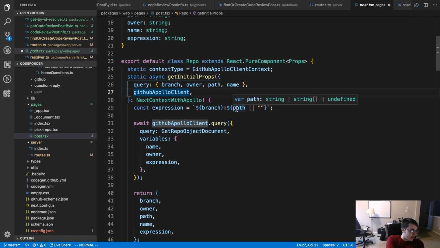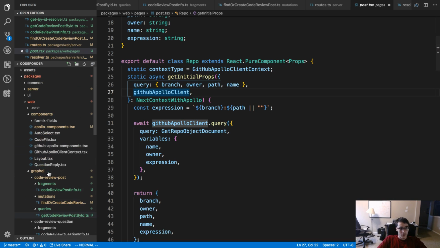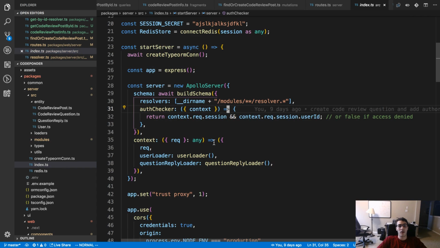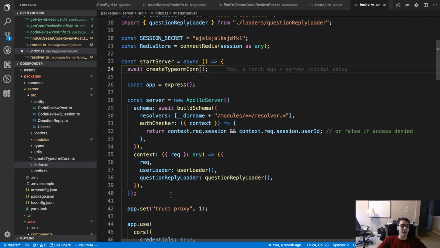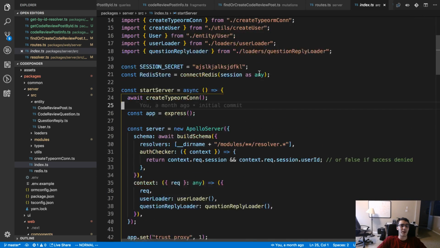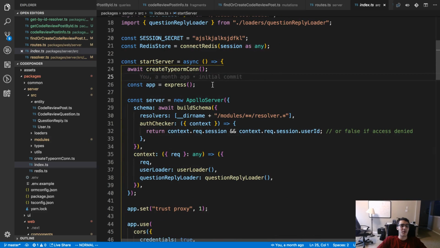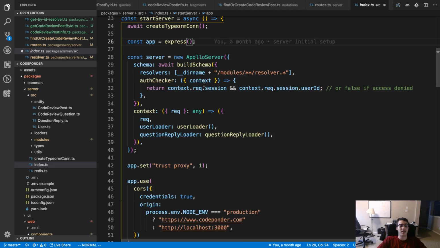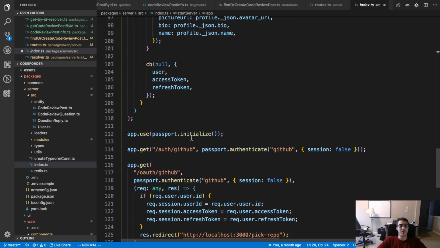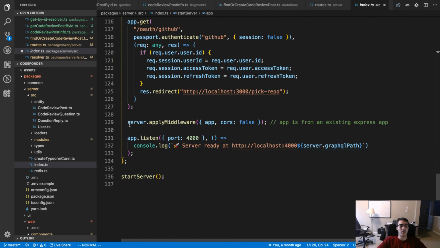But I don't get how a server is set up for GraphQL is the thing. And actually, Apollo is not doing a ton of stuff right now because I'm actually using Express as well with this. So basically I'm creating an Express server and I think I have an add middleware. Where am I doing this? Yeah, I do server.applyMiddleware.